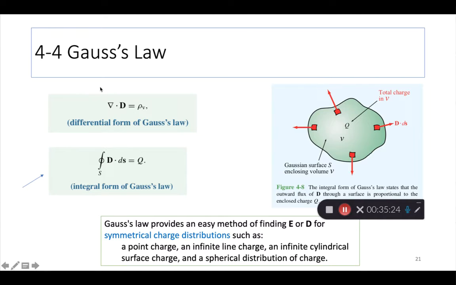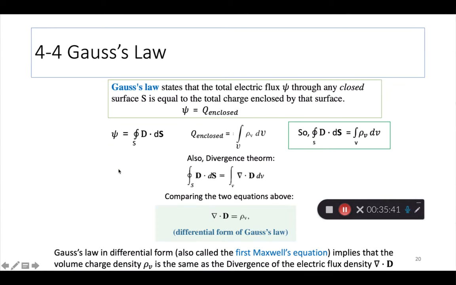So here are the two forms of Gauss's law. The first form says del dot D equals charge density. The second form, which also comes from here, because psi equals Q enclosed,